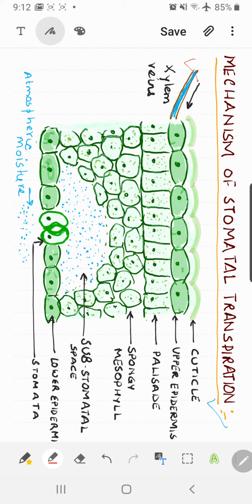whatever cells are there in the leaf, they have a water supply through the xylem vein network. So one cell receives water, and then you know that each and every cell would receive water through endosmosis, and all the cells would become turgid at one point, right? All the mesophyll would also be receiving water, so all the cells would be turgid at one point. Children, plants do have a mechanism, right? We know that turgidity is due to endosmosis, and some of the water is also coming along the channels of the wall, and then you won't call it osmosis, you'll call it imbibition, isn't it? So water movement is through two things here.